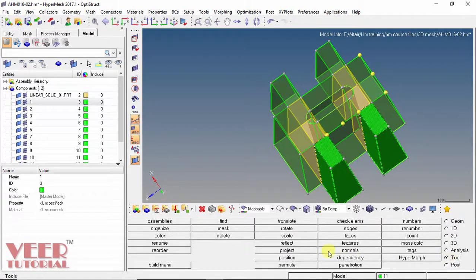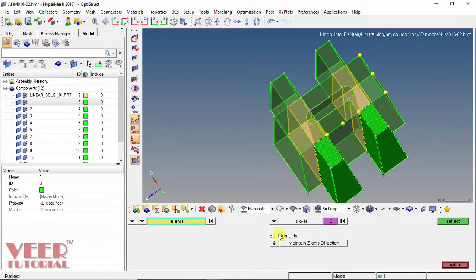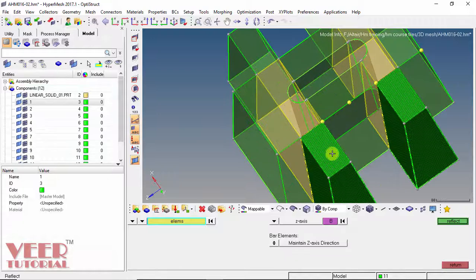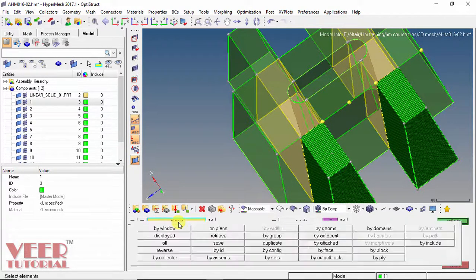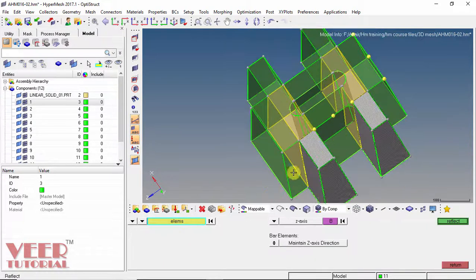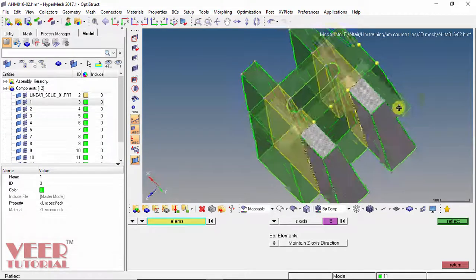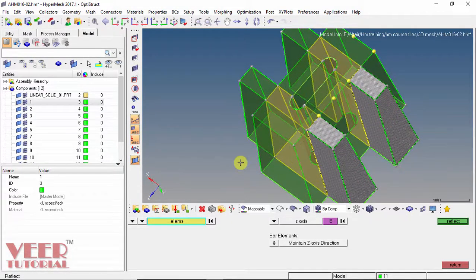Go to tools and reflect and then select element. So what we can do is click on this element option and select all. It will select elements on both sides and now we have to select with respect to which axis we want to create the copy. And now we can see this time we need the ZY plane and this length is along the X axis.